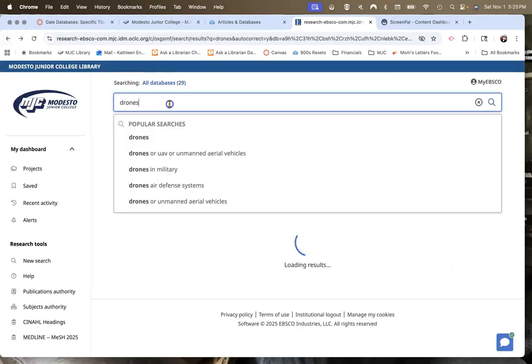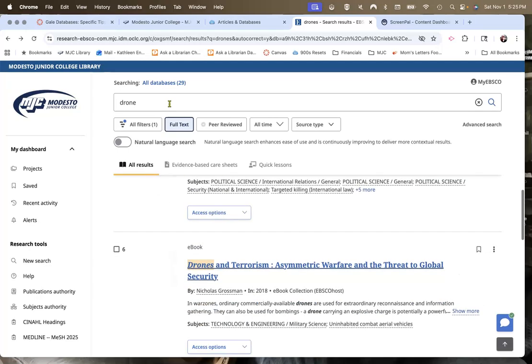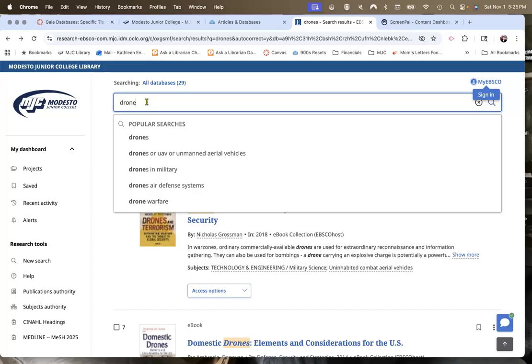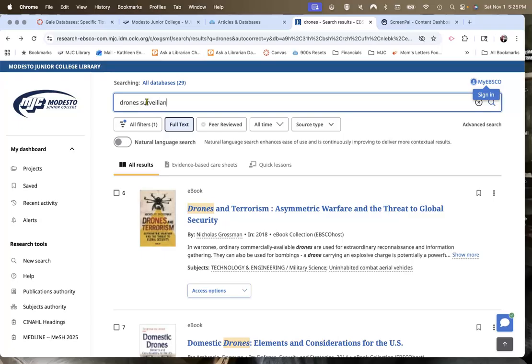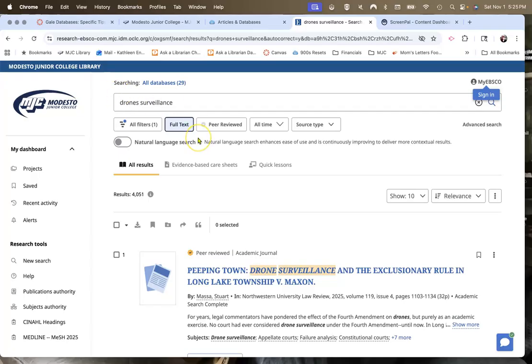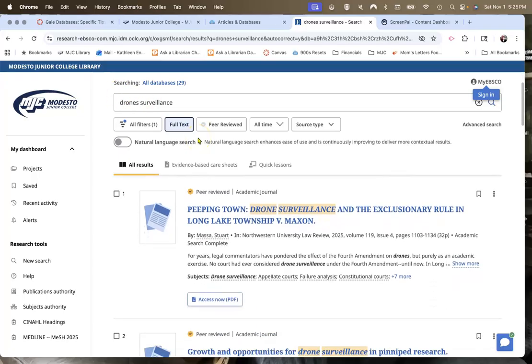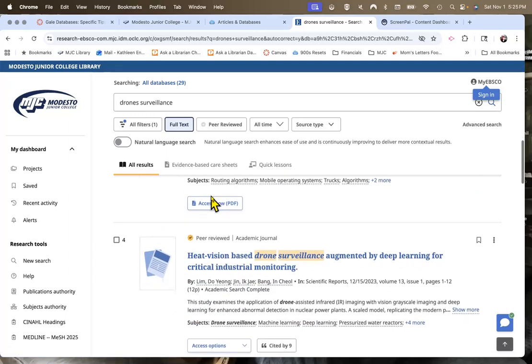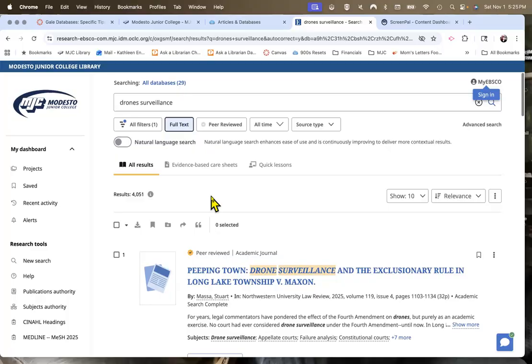If you're not looking for a book, you can also find other types of information, and I'm going to do a more complex search. I'm going to do drones and surveillance again. And what I want to point out here is when you do a normal search on EBSCOhost, you're going to get a variety of formats, just like you did in Gale. Magazines, newspapers, journals. Unlike Gale, EBSCOhost gives them to you in one big lump,